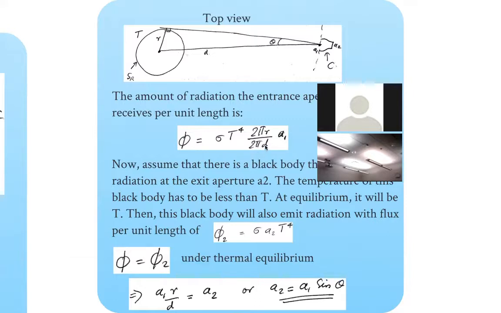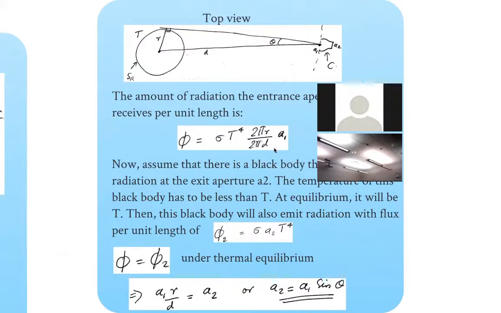What does that mean? d is of course this distance, and that is the surface area of the cylinder defined by these dashed lines. So that's the big area over which the entire heat emitted by the source is uniformly distributed. And that's the 2 pi d